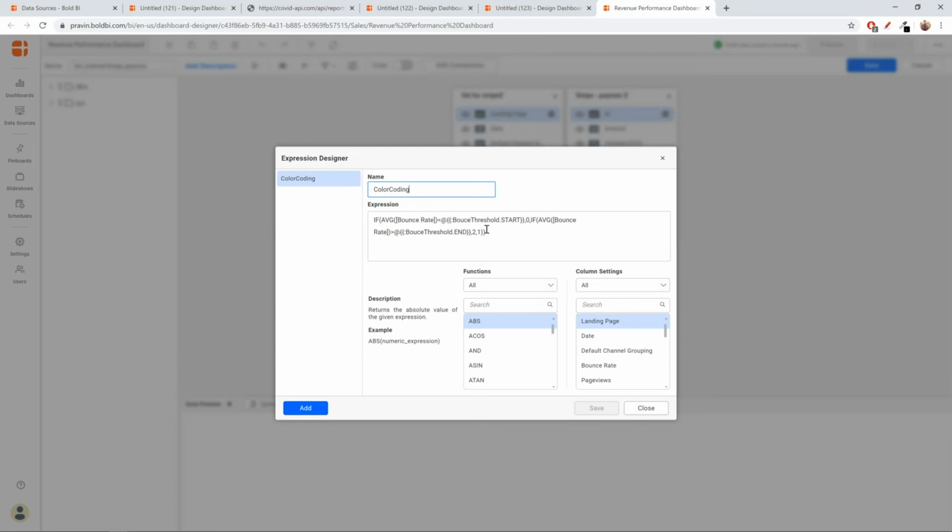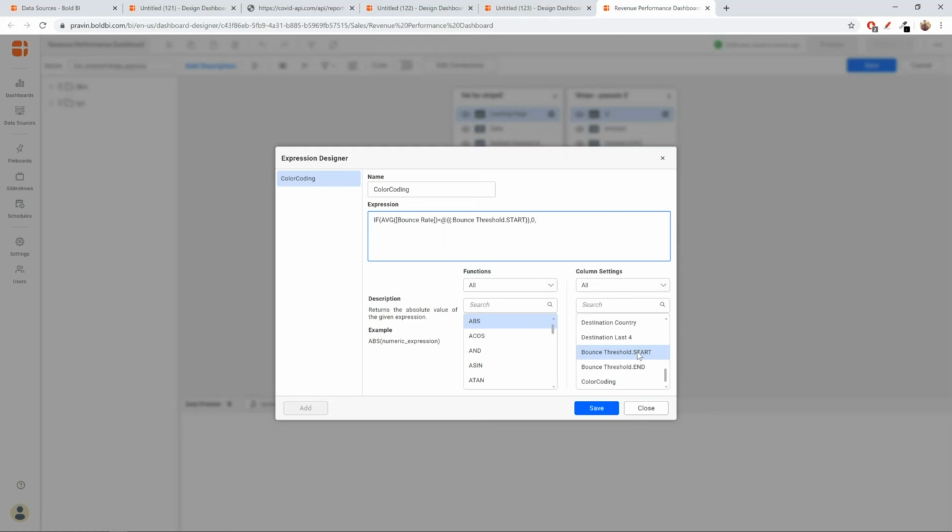So you can see here I have the expression already, so I'll just edit this and add the expression again. So the condition is going to be: if average of bounce rate is less than bounce threshold dot start, which is the lower end of the range that we had, then I'll provide a number for the color, say 0 for green.